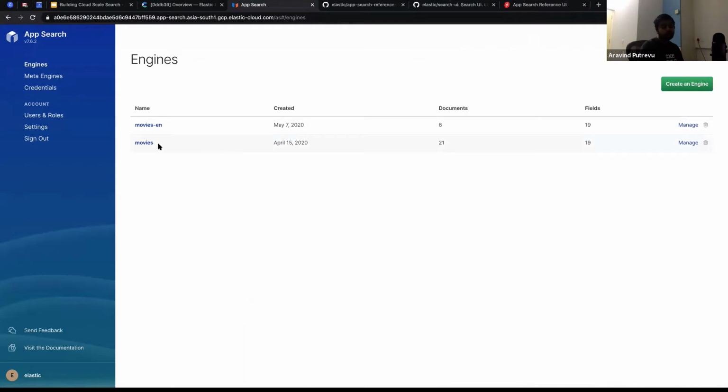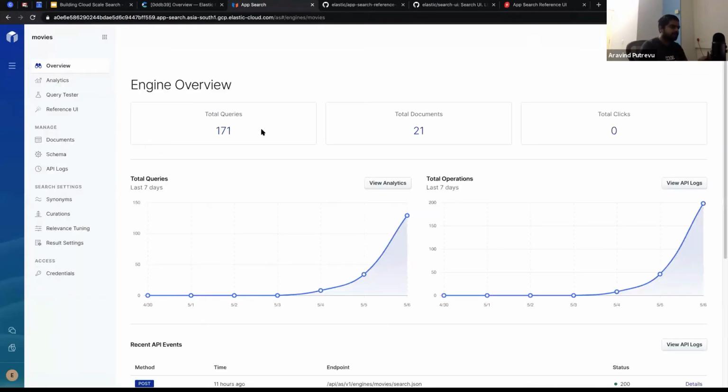But then I also have the movies part, another search engine through which I have made some queries, some data, so that we could see some analytics, etc. So I have made a similar app. It is connected to my account, and I have downloaded that app, and I'll run it and show you how that app really looks.